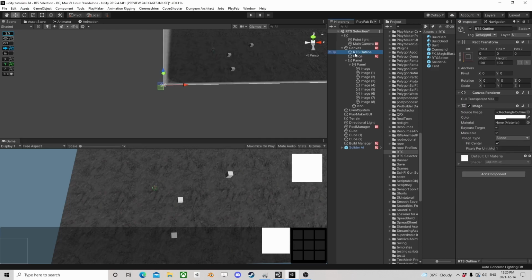The other thing, just because I'm going to grab this RTS outline, I'm tired of it being white. I want it green. To me, it just looks better. It looks normal if it's green, not freaking white. So